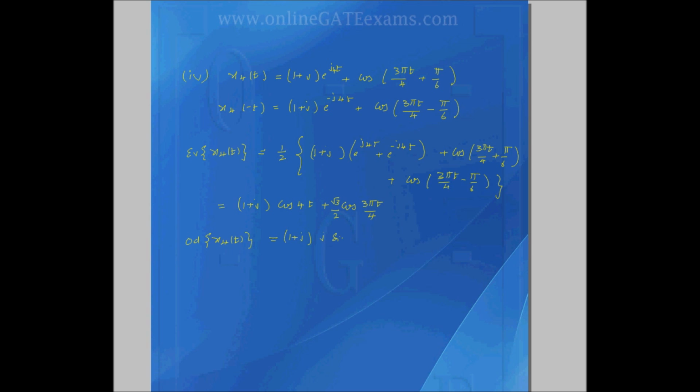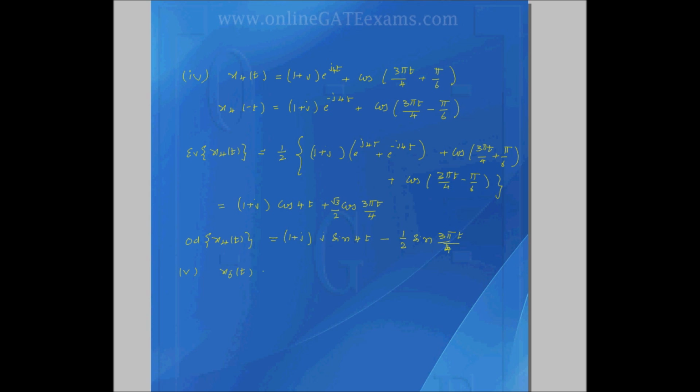j sine 4t minus 1 by 2 sine 3 pi t by 4. You can simplify and get the answer. Okay, right. As a final example, let us take the fifth one to be